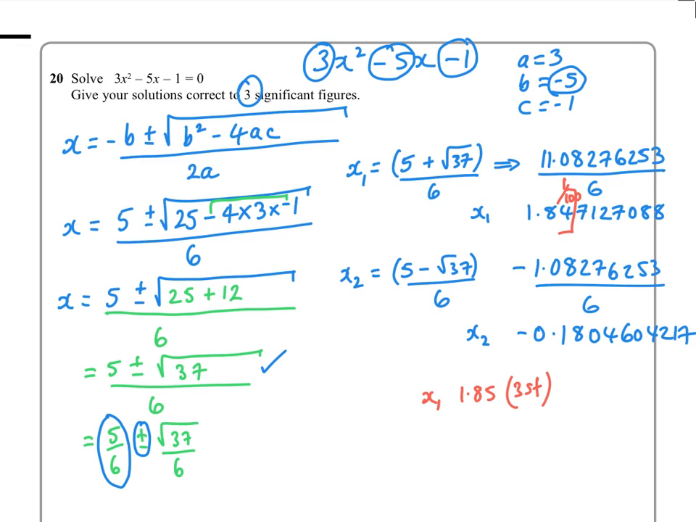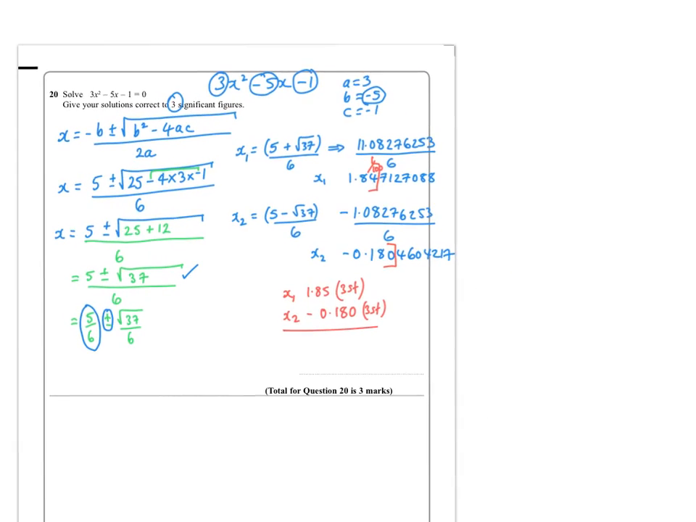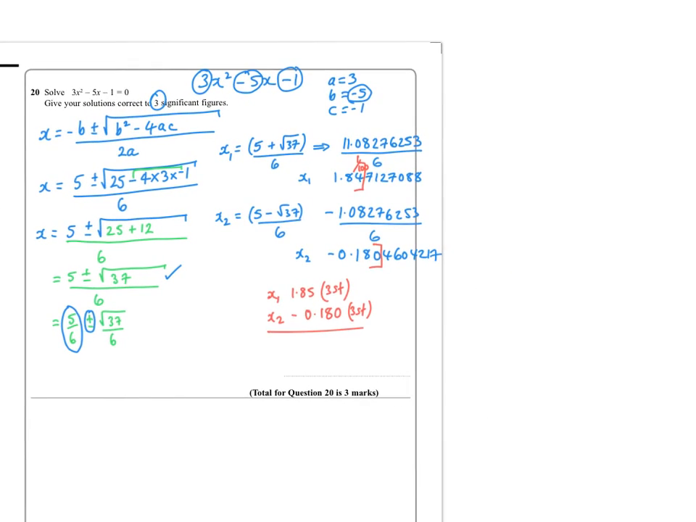So the third significant figure is going to be up to here, so I would say x2 is negative 0.180 to 3 significant figures. Okay, so that's how I'd give my answer doing it that particular way. However, some of you may prefer to do it this way,